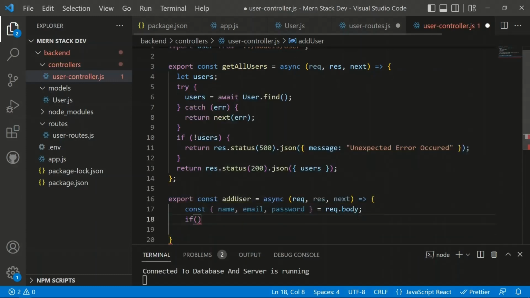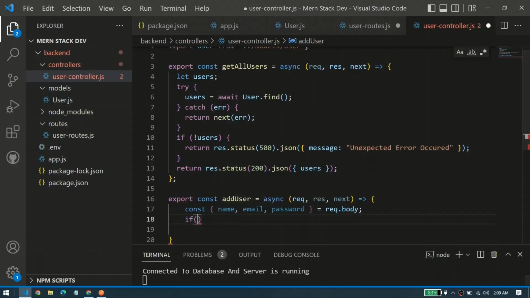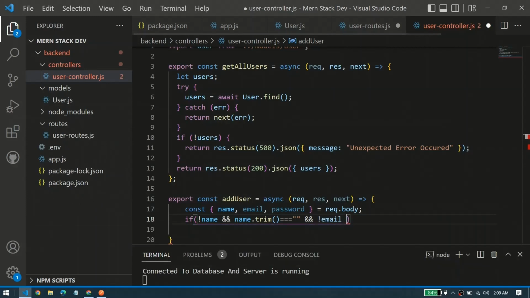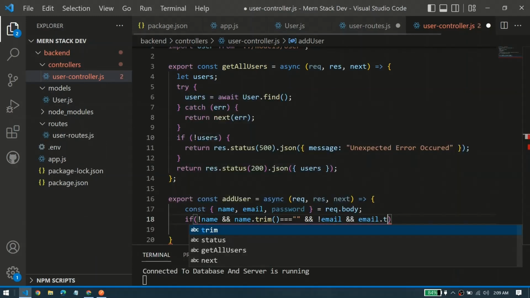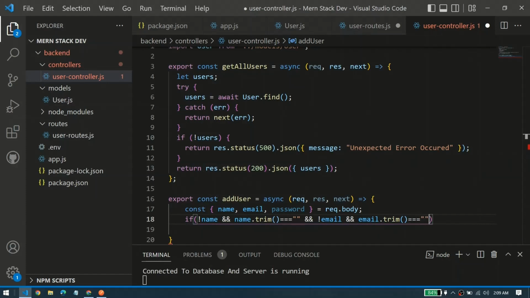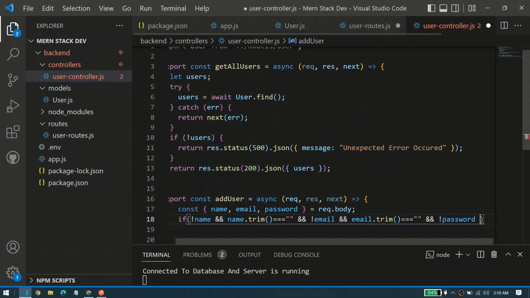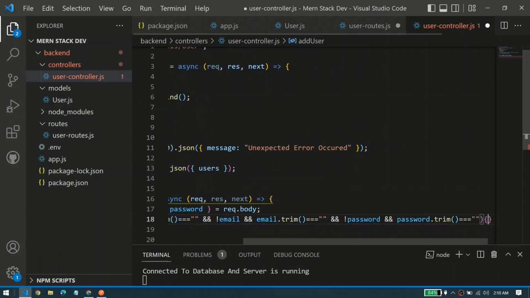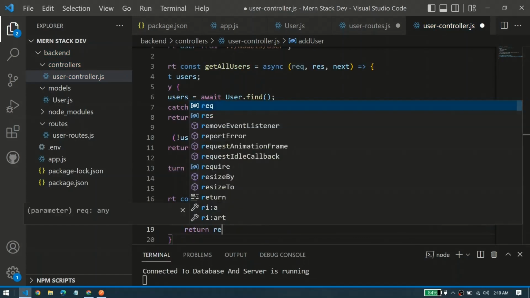And after that, we can just run some validation checks as well. Like if we don't have the name, or the name dot trim, if we trim the name, if we remove the white spaces, is an empty string, then we need to add another validation check for the email. If we don't have the email, or the email dot trim is again an empty string, and the same for the password. Like if we don't have the password, or the password dot trim is equal to an empty string,